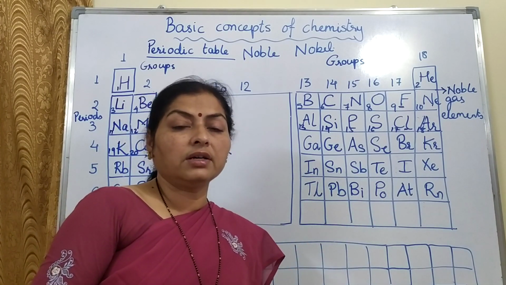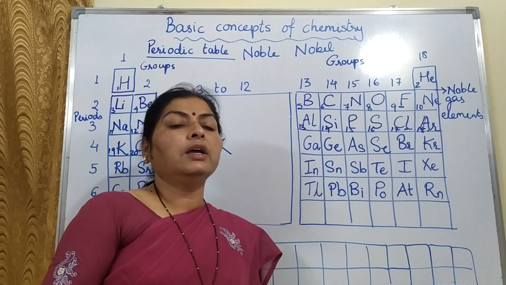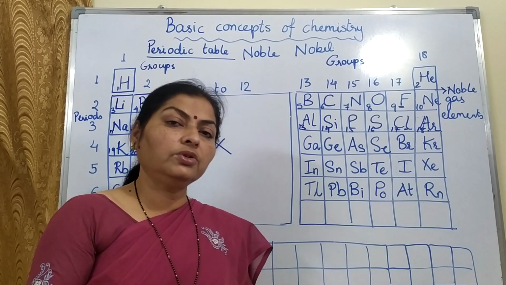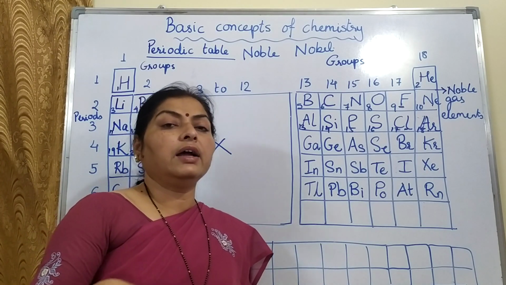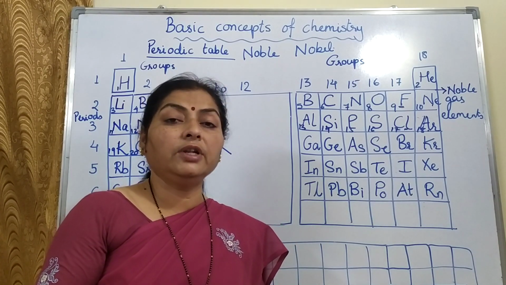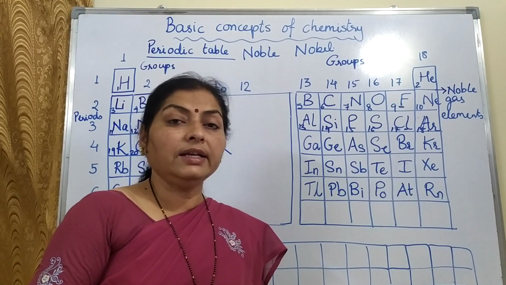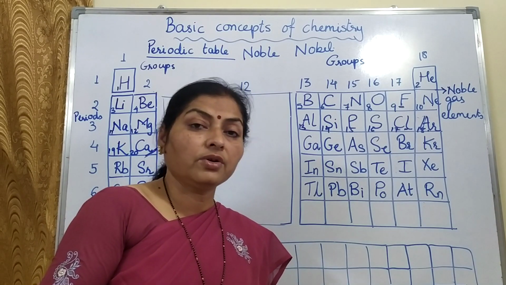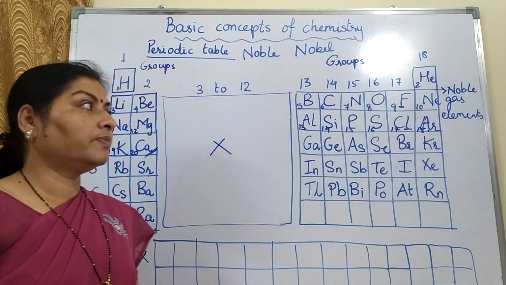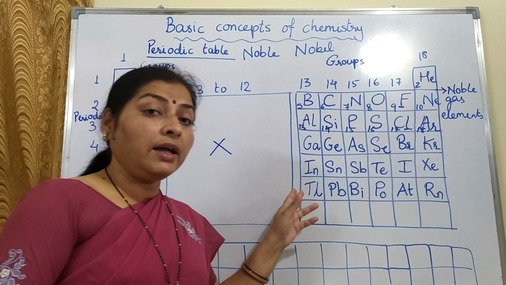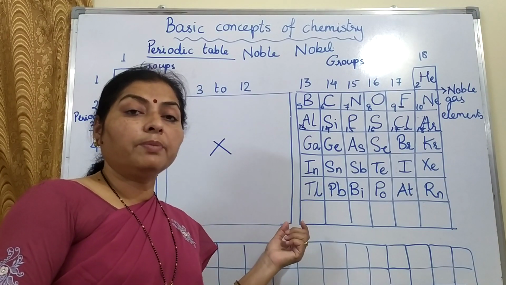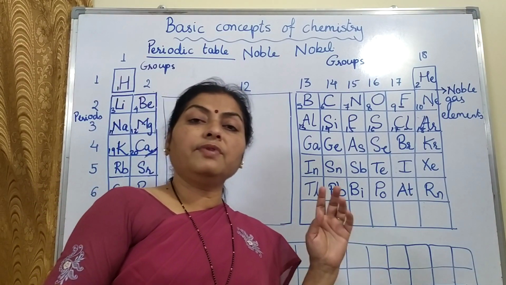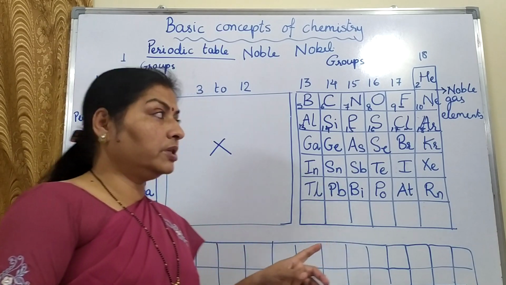Now in the previous video you have seen why, when, and in which condition an element will lose an electron, gain an electron, or share an electron. If you don't recollect, you should watch it again. We have discussed all these things, and also when an ionic compound is formed or a covalent compound is formed. You can go through it.